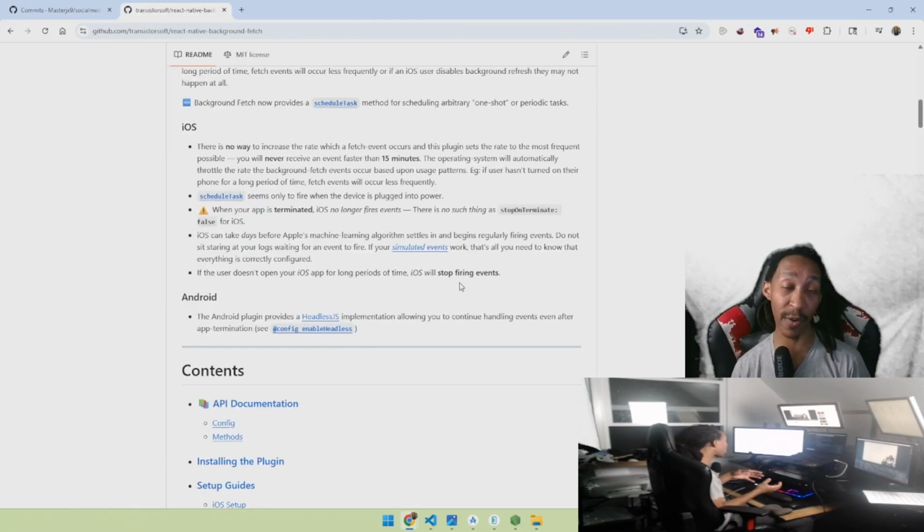You can actually make a background scheduler that works in the background when the app is terminated. However, on iOS, that is not the case. When your app is terminated on iOS, that is it. This means that I cannot build on iOS the app that I was looking for, that I can on Android and desktop. And I kind of knew that already, the way iOS works, their walled garden and all that other stuff. I kind of felt that that was going to be the case.